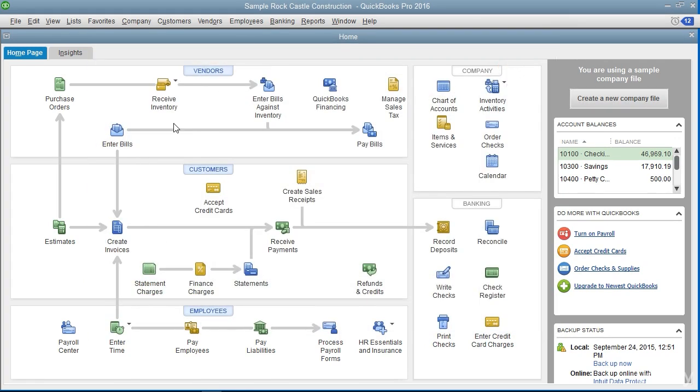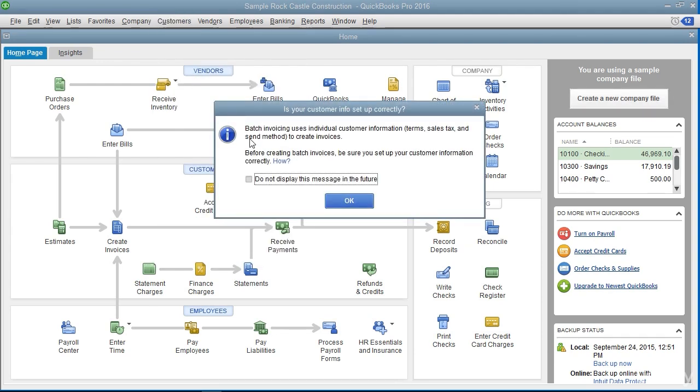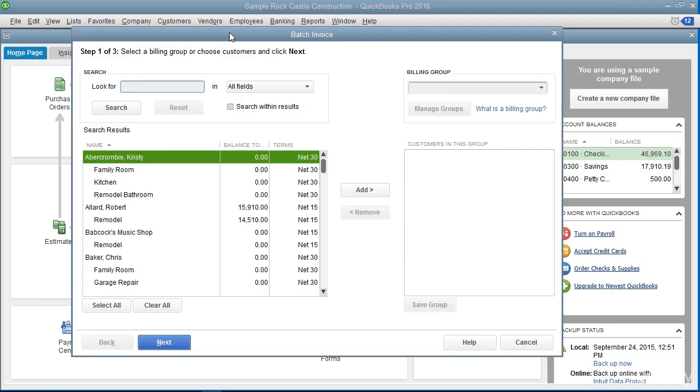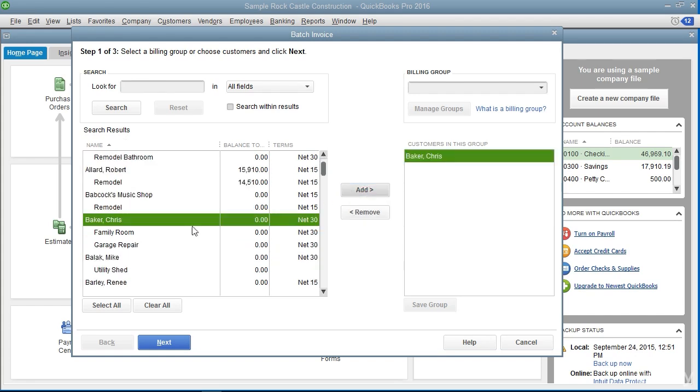To create batch invoices, select Customers from the menu bar, then choose the Create Batch Invoices command. You can click the OK button in the message box that appears if needed. In the Batch Invoice window, you can then select the customers for whom you want to create batch invoices. To create a one-time batch invoice for customers, select the names of the customers or customer jobs from the left list, and then click the Add button to move them into the list at the right side of the dialog